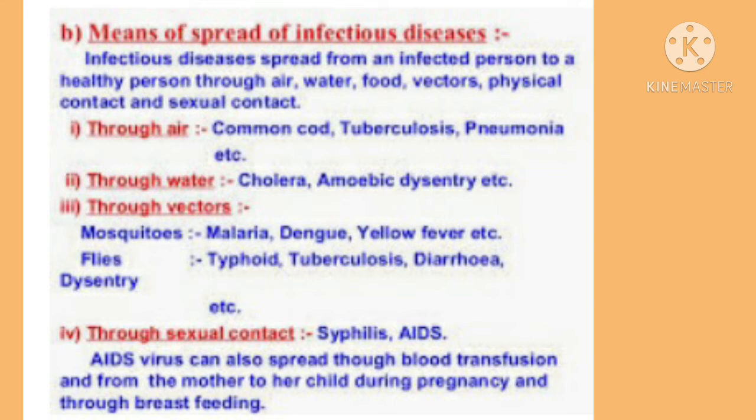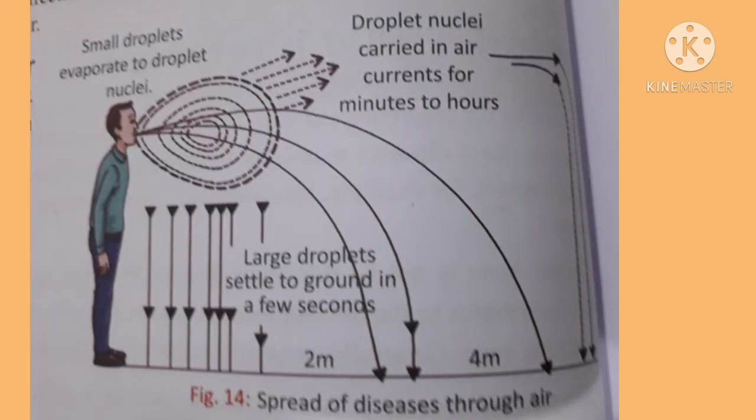So I will explain the spread of diseases through air. Some microbes that cause diseases can spread through air. This happens through the small droplets thrown out by a sneezing or coughing infected person. Somebody standing nearby breathes in these droplets, and the microbes get a chance to start a new infection. Common cold, influenza, and tuberculosis are some examples of diseases spread through air.